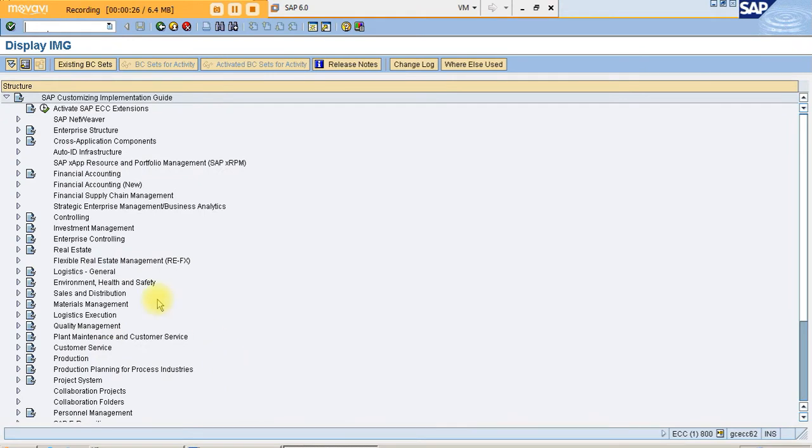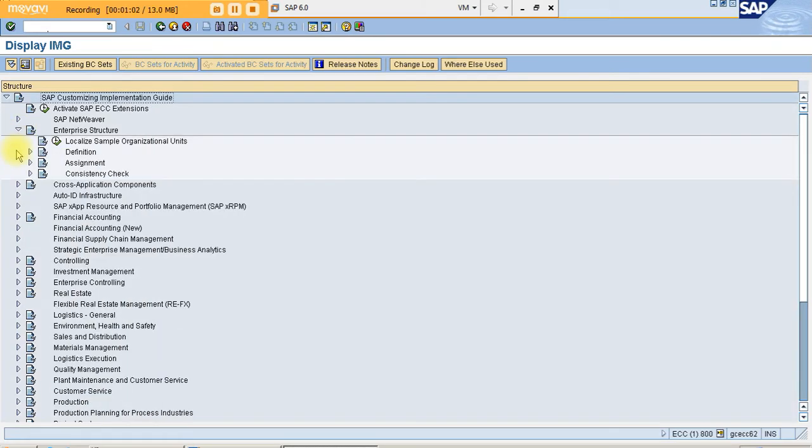Now, first you need to define the plant. Plant is a place where you convert the raw material into finished product. In real time we use plant for storage purpose also. We create manufacturing plant as one and storage plant as one. In storage we don't do any production, like that also we can convert, but that is for logical purpose. Now let us learn how to define the plant.